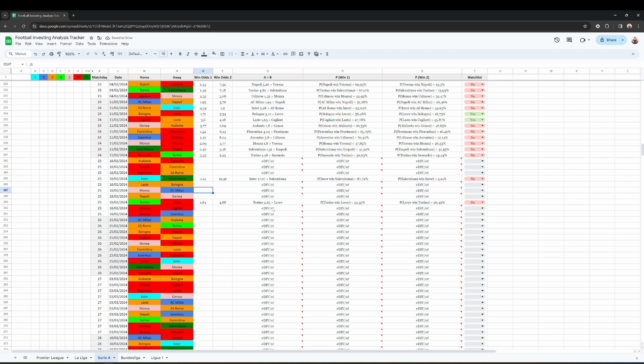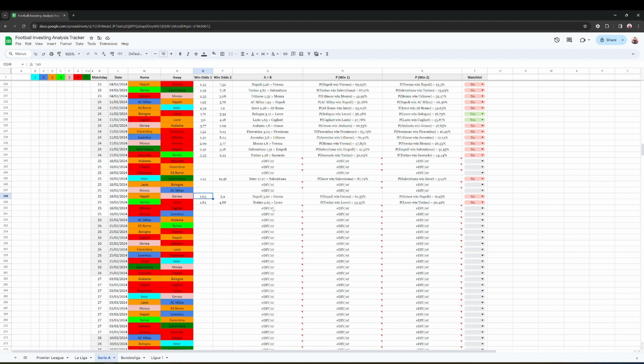Napoli against Genoa, number 3 against number 5. So we have also 2 categories difference. So we kind of expect something like 1.84, but it doesn't work like that because Napoli is just a better team. So they can deal with the worst teams in a better way. And this is what the market is telling us. 1.63 for Napoli and 5.9 for Genoa. Nope, watch list, no. I think that's kind of okay.